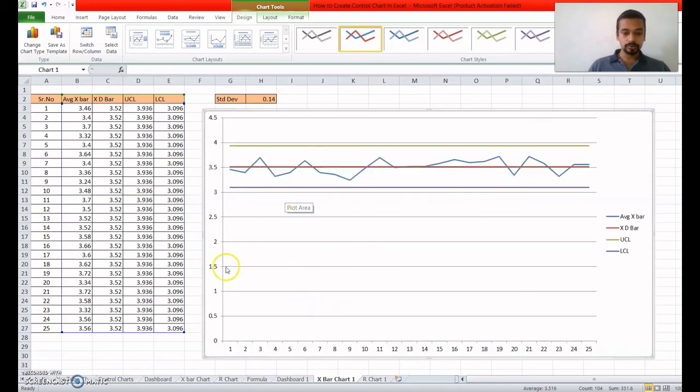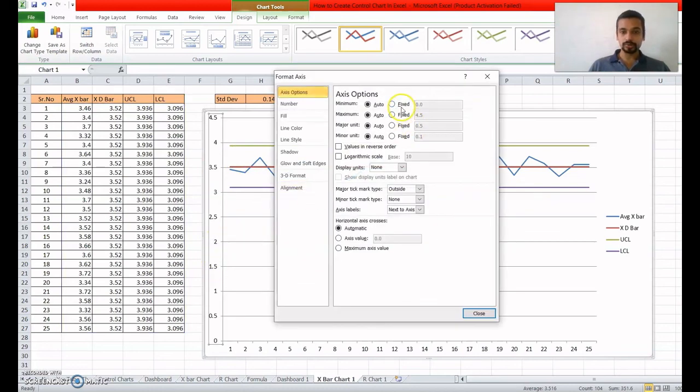Okay, now we'll reselect this, or we can minimize this number, because our graph is showing very little because of this number. So you have to select this row. So minimum you can say 3.